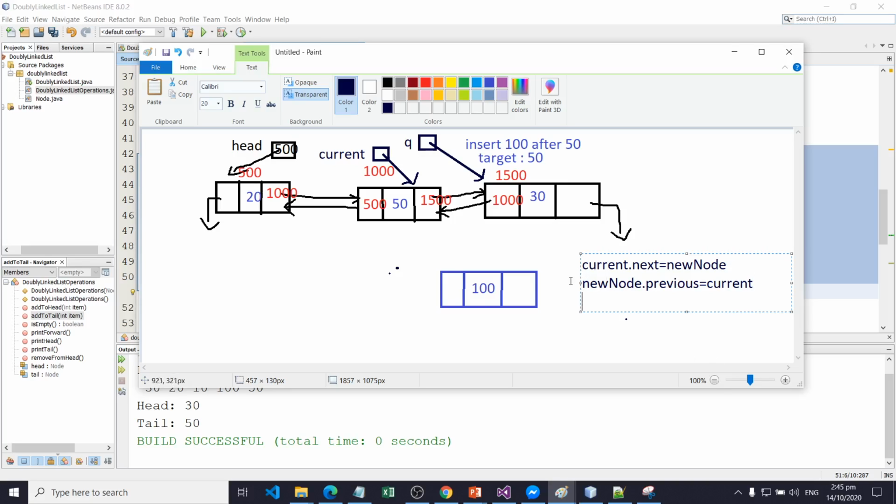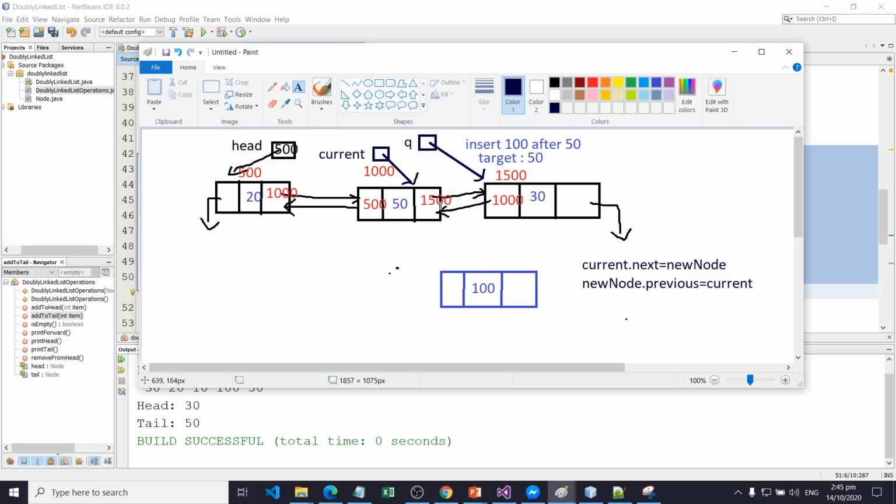So we are making this current point to our newly created node. Take note, this is our newly created node. It's not pointing to the q anymore, but pointing to our new node. And let this new node dot previous point to current.